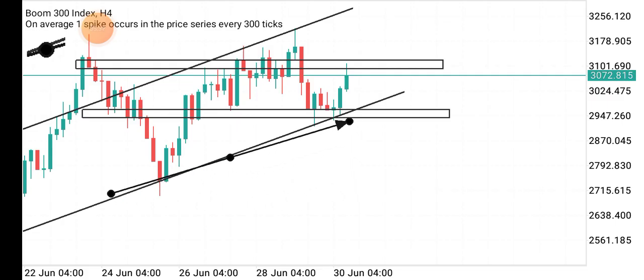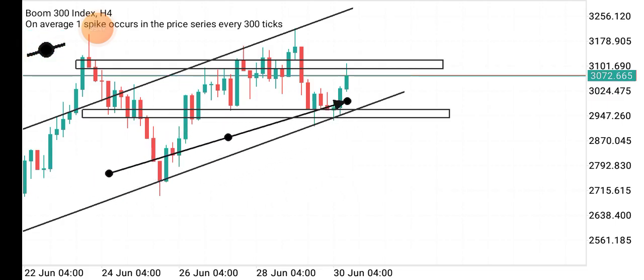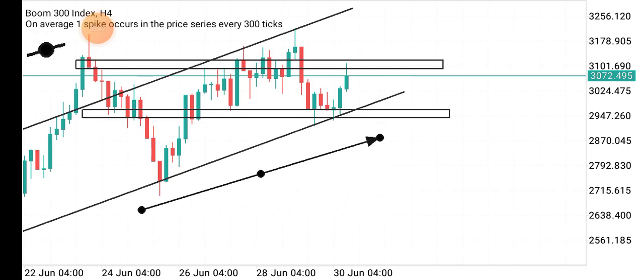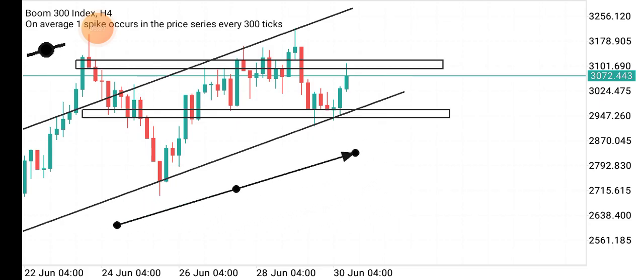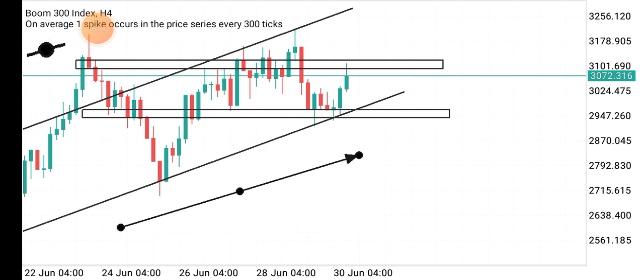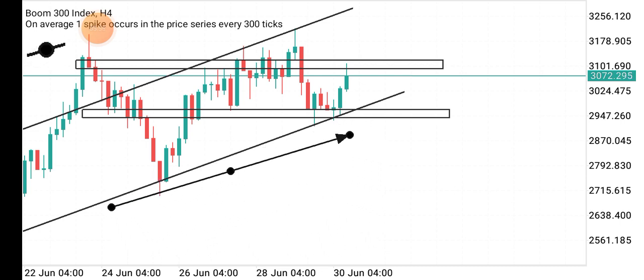Those are two supports already, the supportive trend line and this normal horizontal support. Once it breaks out, you patiently wait for it to come and retest this zone with a bearish engulfing candlestick pattern. If you find a bearish engulfing candlestick pattern after the market has broken out of this zone, then